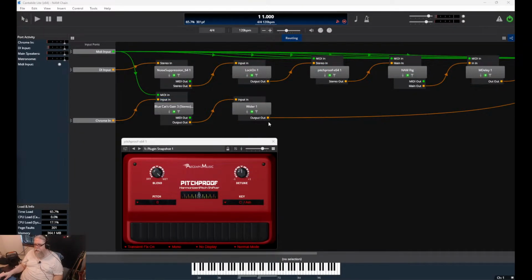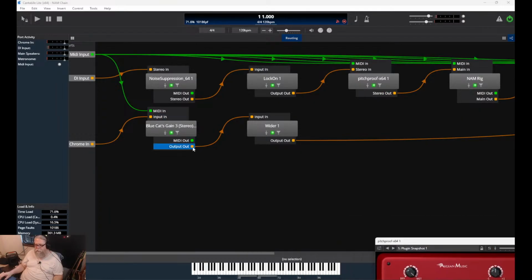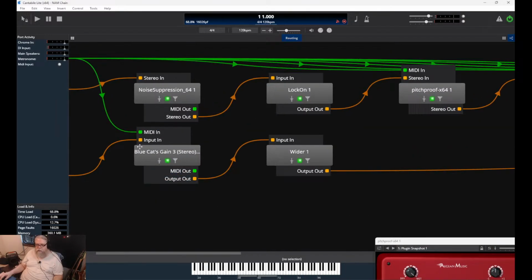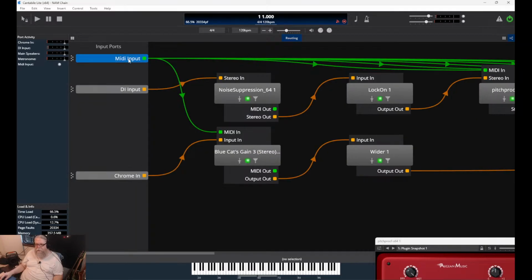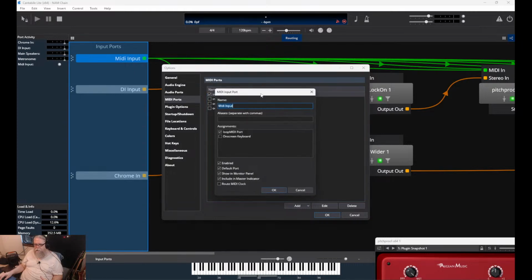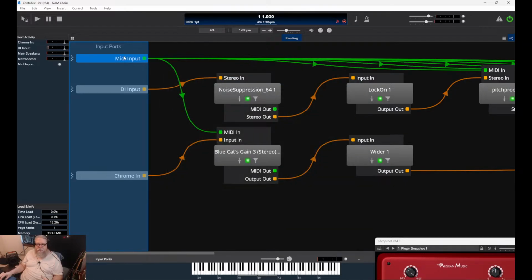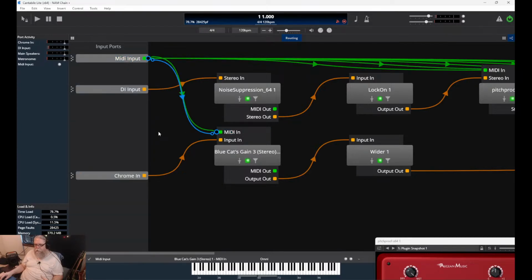So if you see here, I've got Blue Cat Gain 3, and you'll notice that I've got a line coming in. This is my MIDI input, which is from my software MIDI device. In your case, you would set the port up like I've got going to loopMIDI, but your MIDI controller device would be on here, and you would select it. So this line is running from that MIDI device. I link it in there,